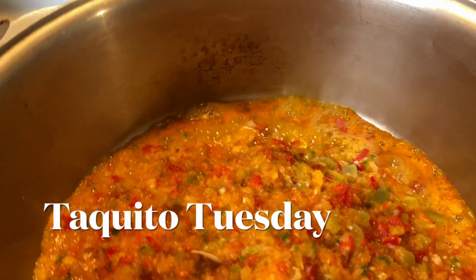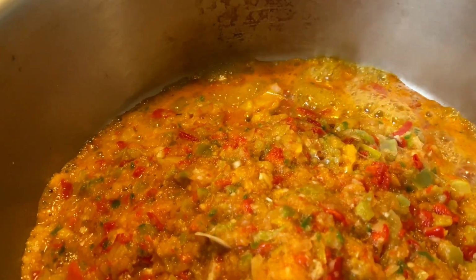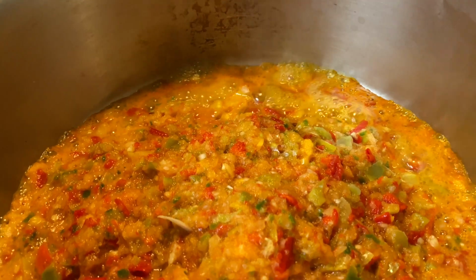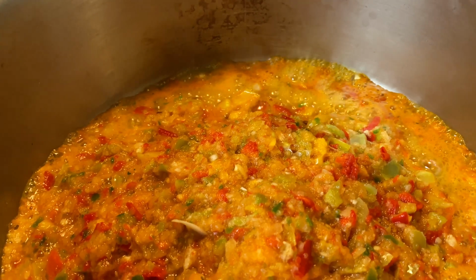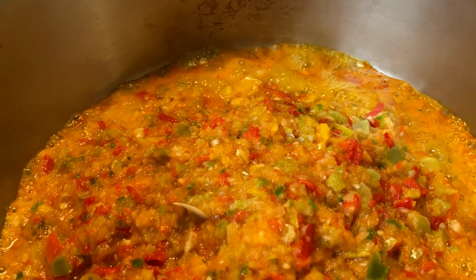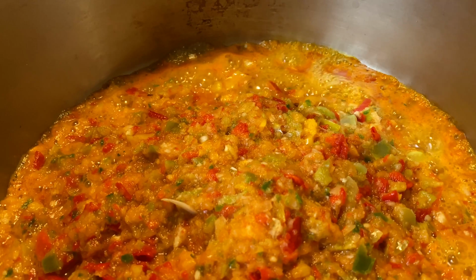I'm making filling for my taquitos. I'm using a bag of frozen mixed peppers, and I steam them just enough so they're not rock solid. And then I put them in the food processor with one medium onion, one jalapeno, and 5 pieces of fresh garlic. And I made it into a